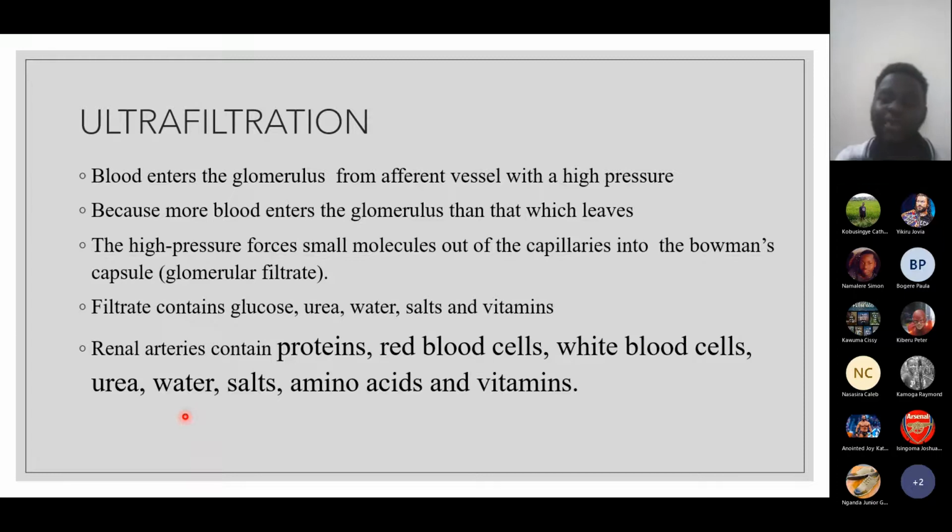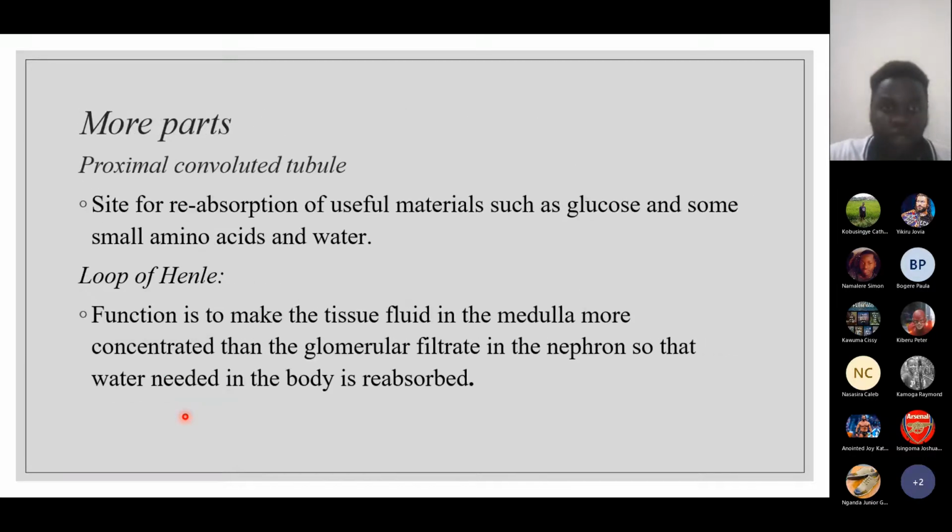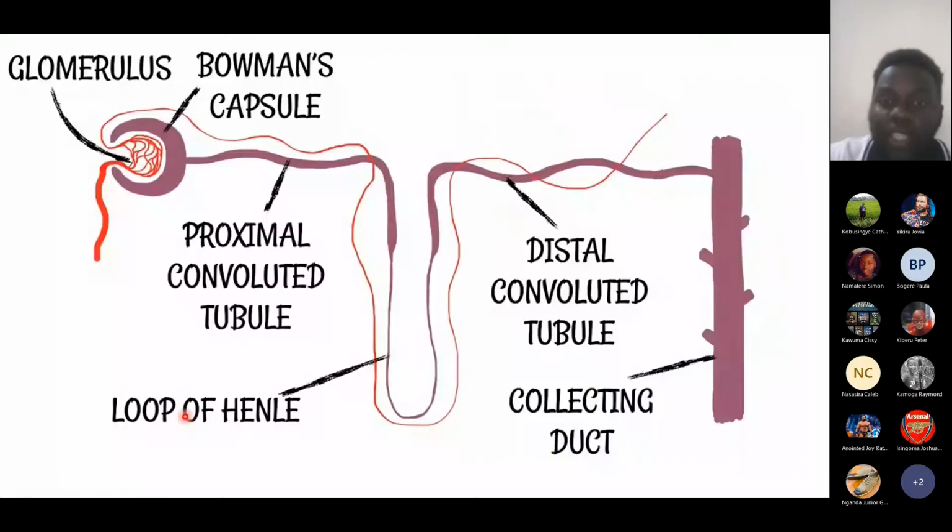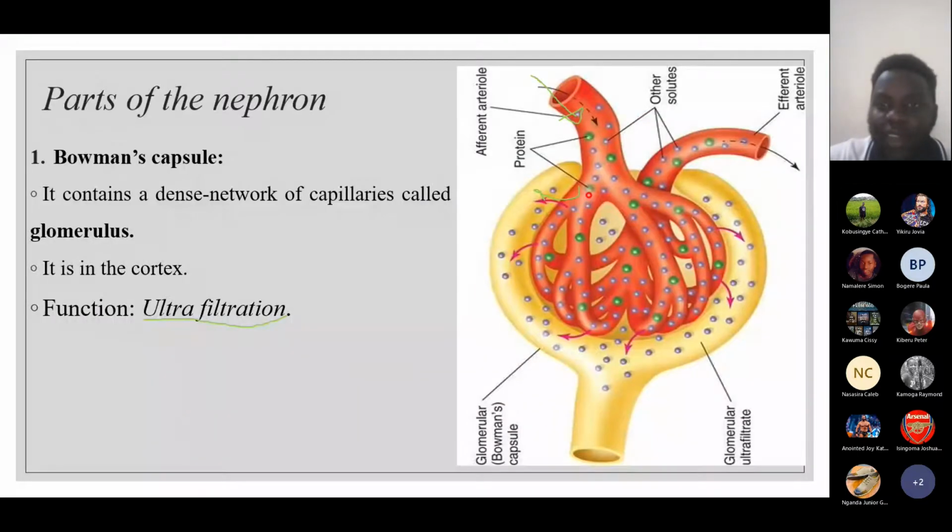However, when this blood enters the afferent arteriole, the size of the lumens change. This means that the amount of blood that is entering at any particular moment differs. So here we are saying blood enters the afferent arteriole at a very high pressure. However, less blood leaves the glomerulus than the blood that enters the glomerulus. Why is this? The reason is